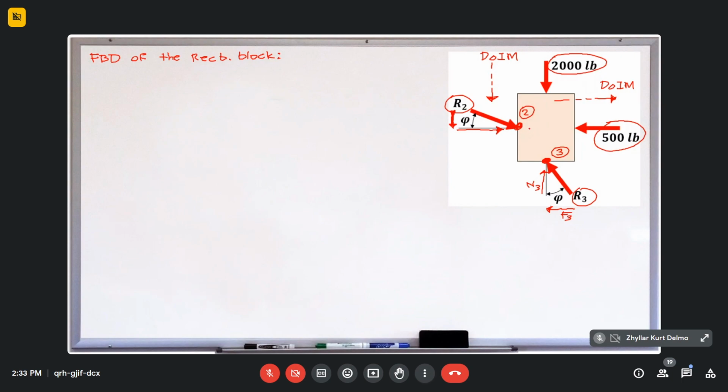Okay, so we count how many external forces act on our rectangular block: four. So here we can create a force triangle. So we use the component method, no? So use the component method to solve for R2. Okay? Only R2 needs to be solved here so that we can bridge our solution from the rectangular block